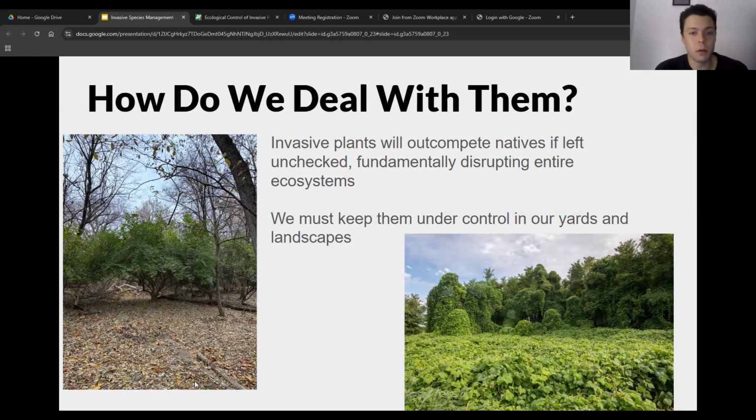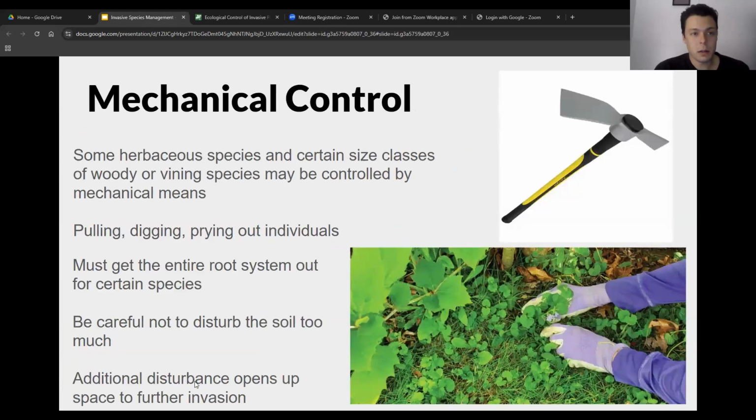So what can we do? You can go ahead and switch it. We have to keep them in control, in the places that we have control of. And for most of us, that means our yards. So what can we do with some of these? Today we're specifically talking about woody invasive species, but we're going to note some of the